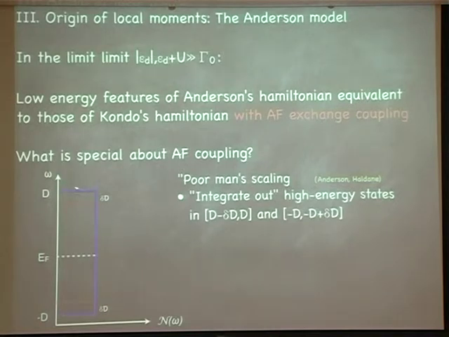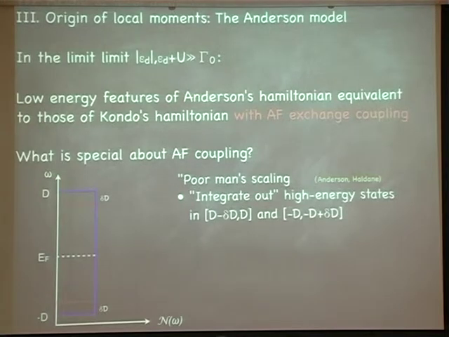So what you do is, remember these were the band states. This was the box, the band states here, the Fermi energy. And what you now do is you say, okay, let's try to focus on what's going on here. So let's say take a magnifying glass. What a magnifying glass does, it basically projects out everything at high energies and tries to focus on the low energies. And projecting out high energies in the language of many body physics means you integrate out the high energy degrees of freedom in some way.